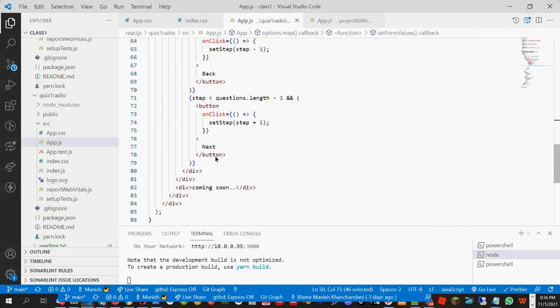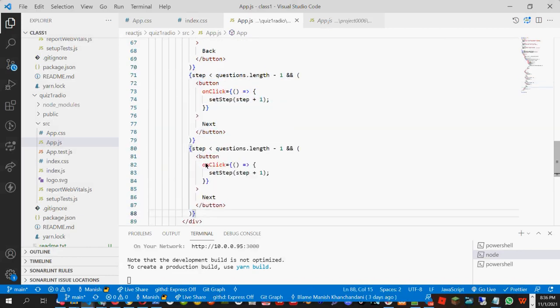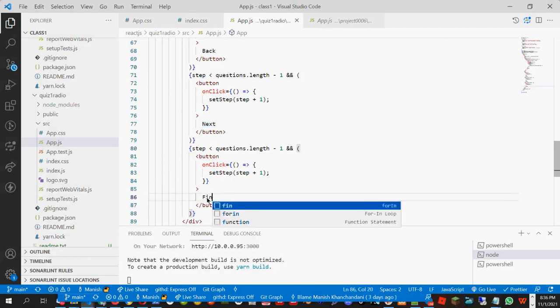Okay, now we have the next button, but I want to show a finish button in the end. When the user clicks the finish button, I want to show the results, how many he passed and how many he failed. So tell me, if I copy this part and put it here as finish,